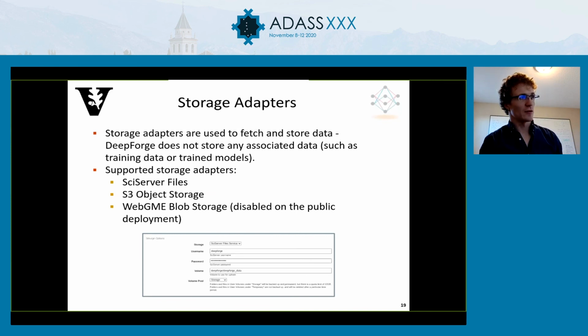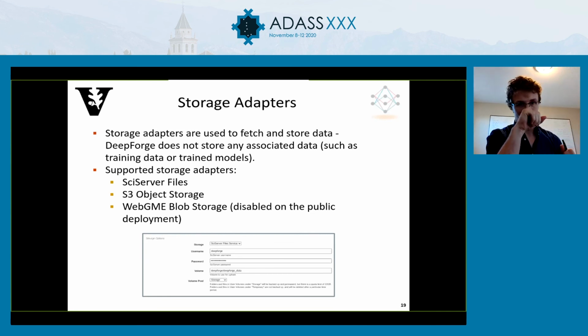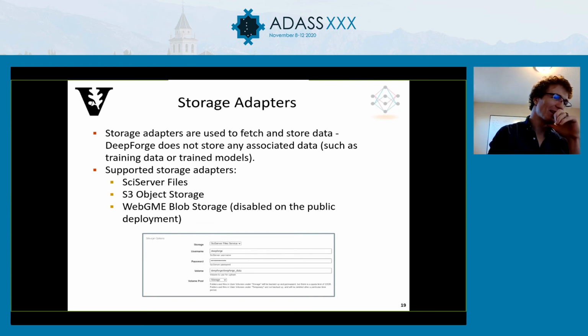Now, currently we support SciServer files and S3 object storage. There is a third option where the server basically just stores it as well. It's really useful or convenient when you're running it locally, but certainly this also would have scalability challenges on the public deployment. And we didn't really want to get into the space of trying to maintain a lot of infrastructure, because a lot of natural sciences already have their own infrastructure, so it doesn't really make sense to introduce a competitor when it would be a lot more work, and there's not really a strong compelling reason for it. Okay, so